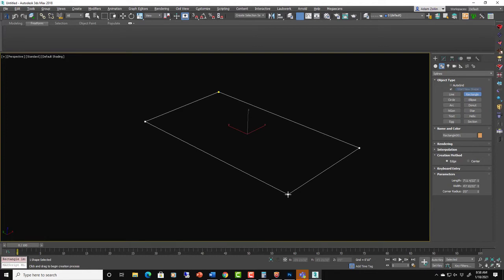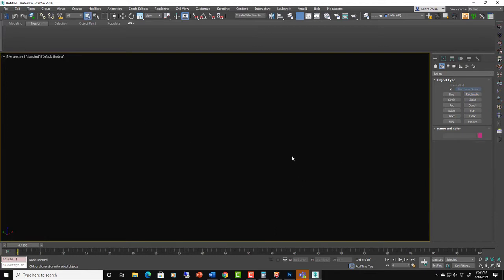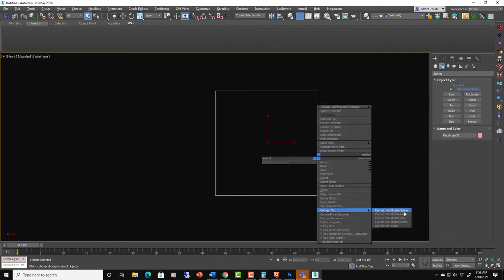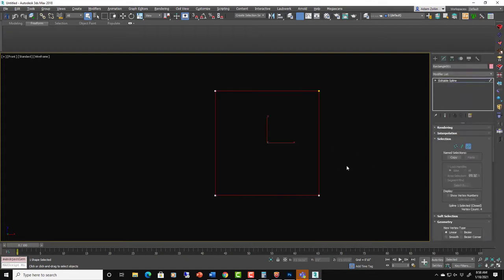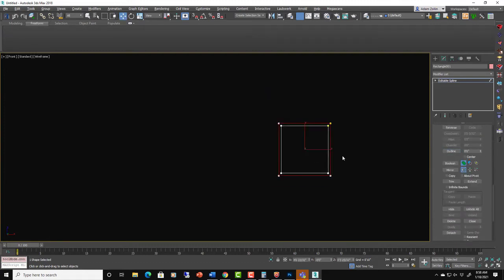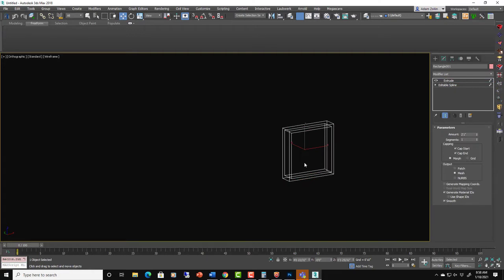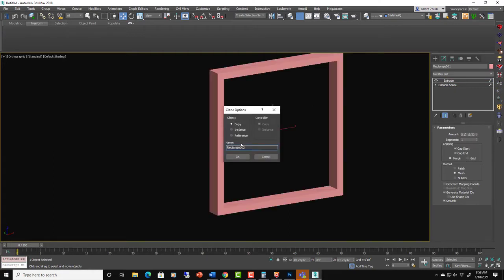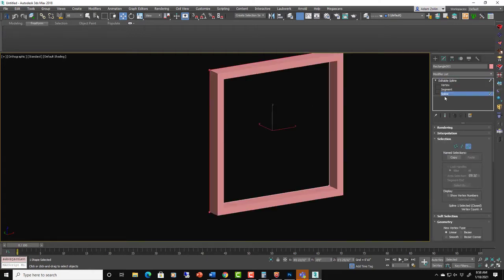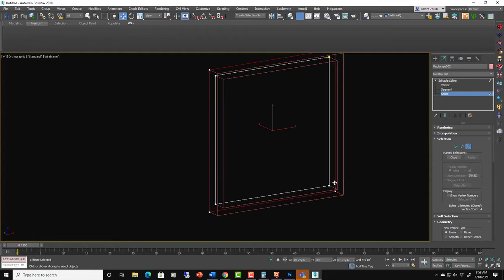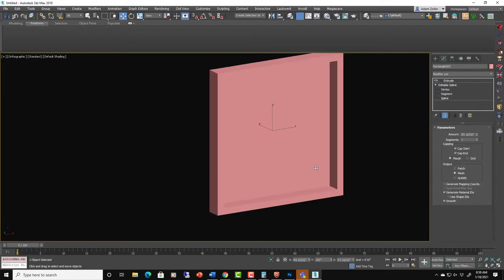So one way, and this is the way I learned to do a window, let's go into the front view, and just show, okay, a rectangle converted to an edit spline. And we can do the spline tools in here and do like an outline like this, okay? And then extrude it. And then you can copy it to a new one, get rid of the extrusion, get rid of the outside spline, and put a little extrusion on this remaining spline, right? Okay, so you now have two elements of a window.